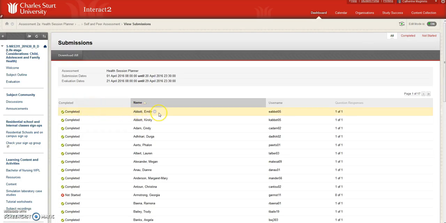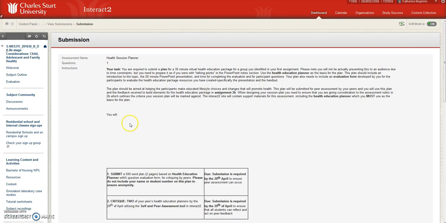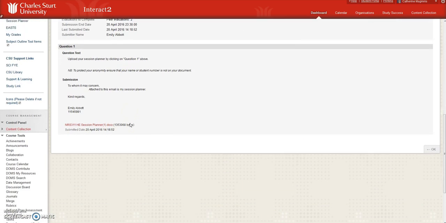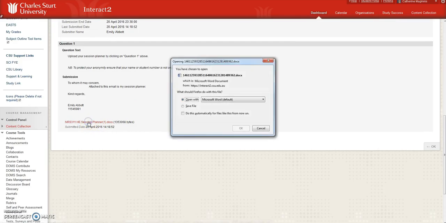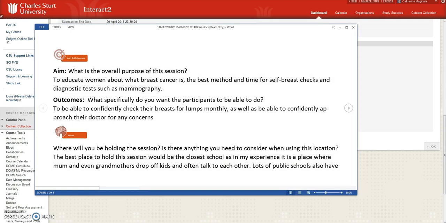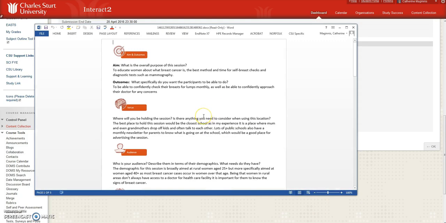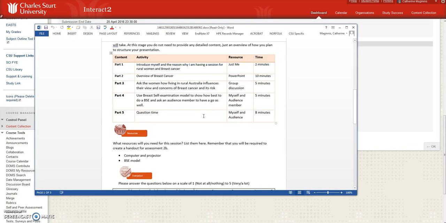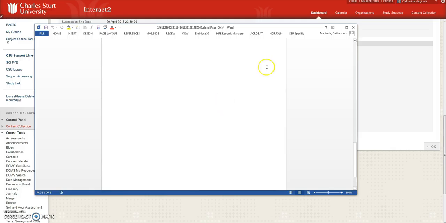We'll pick the first one, it'll be easy, and it shows me that she submitted the health session planner. It's quite a slow system, so you can see that she's got the template there that we provided. So that's all good. And then if we go backwards,